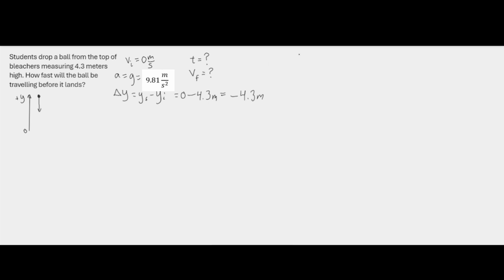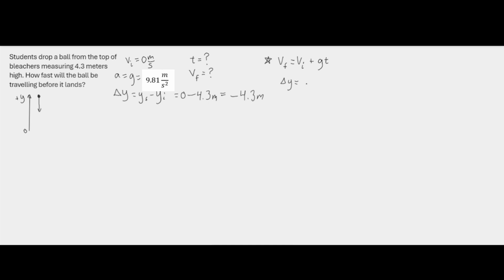The ones we've learned so far are v final equals v initial, this is our initial velocity, plus how the velocity changes. Previously we've called it a t, and now I'm going to call it g t because we're interested in the special case where a equals g, which is the acceleration due to gravity. And the second formula that we have is delta y